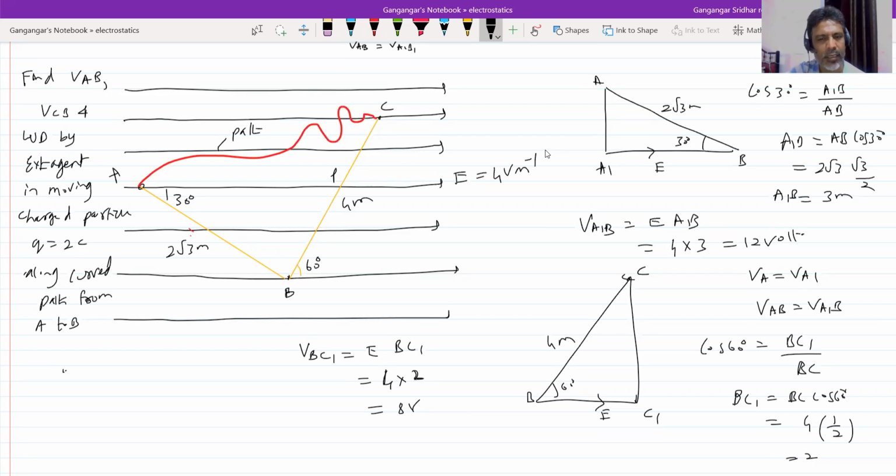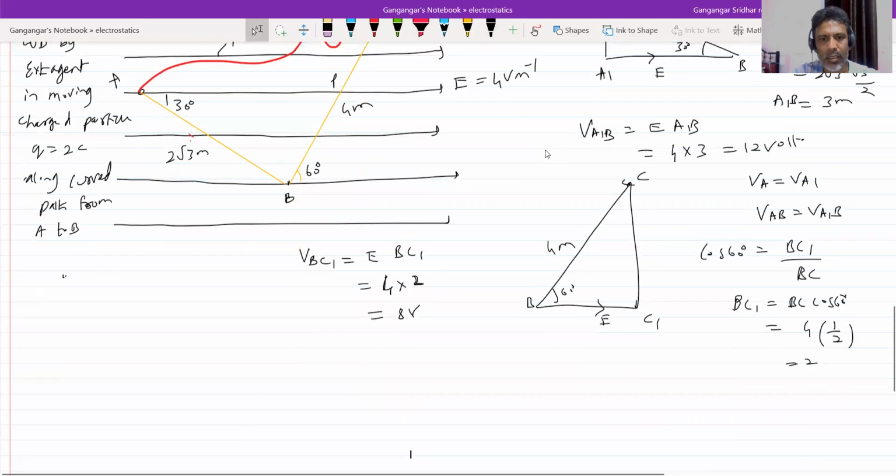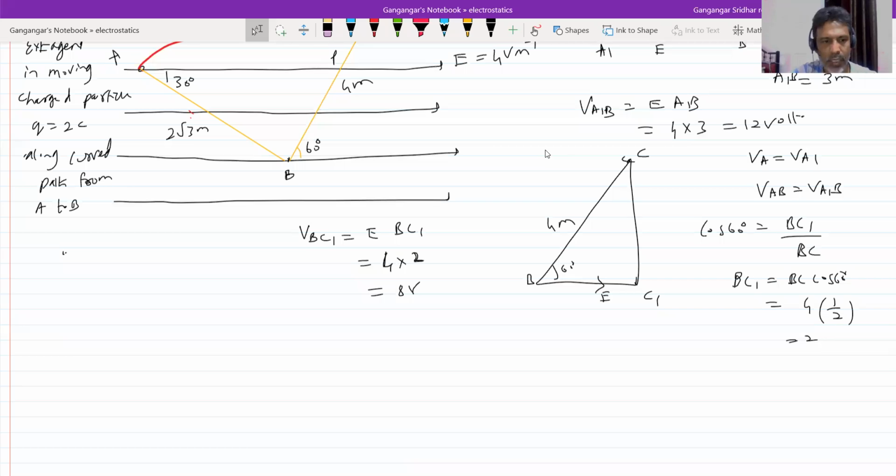Now what about work done? How to bring the work done? Suddenly I'm asking work done. Here, I'll go back to the basic definition. What was the work done by electrostatic force in moving a point charge from A to B? There's one more very important thing which we are going to conclude. I'll start everything. We know dV equals minus E bar dot dr bar. I will multiply charge on both sides.